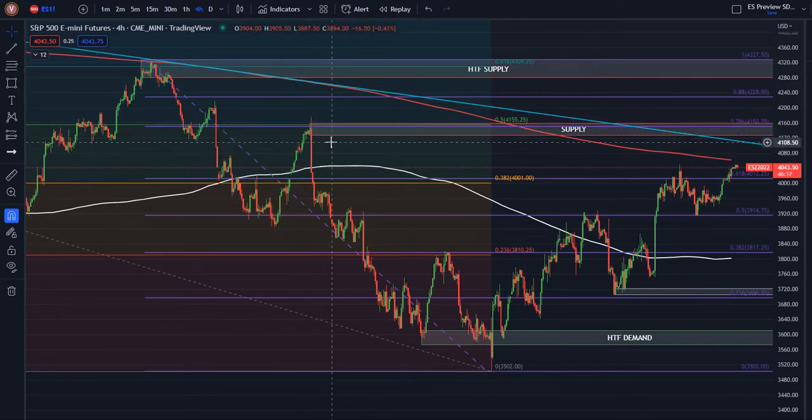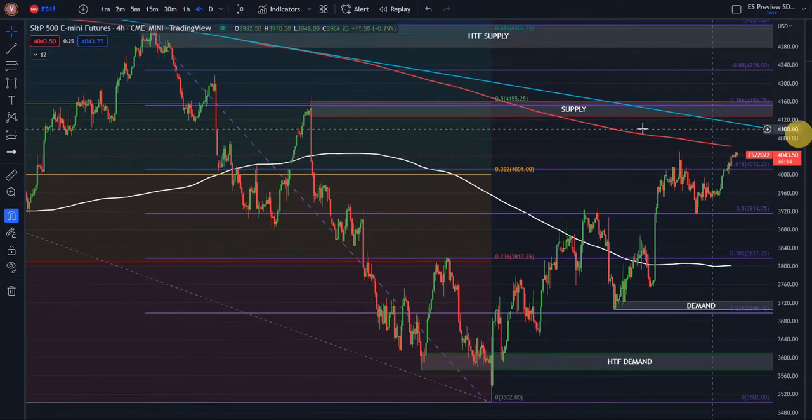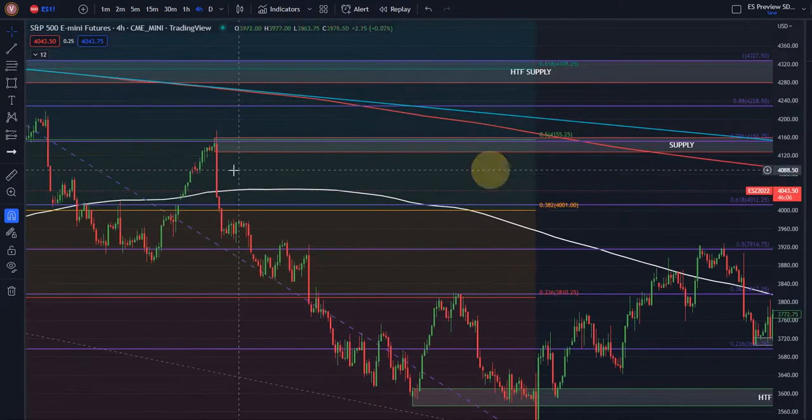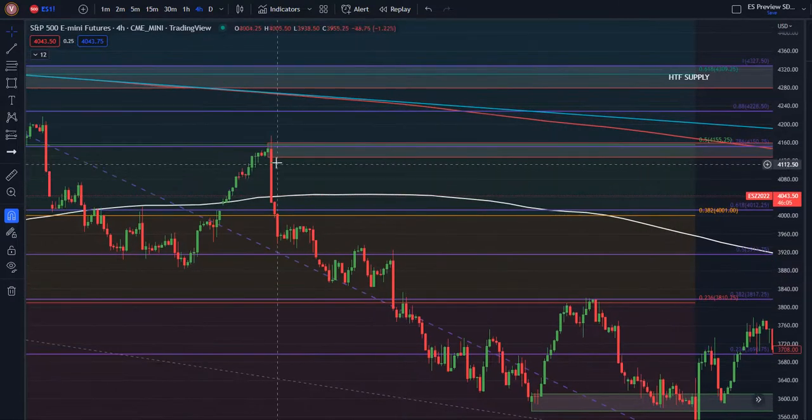And the way I draw supply, everybody is going to do it a little bit different. But the way I draw it is I want to see the violent move down. And then I want to go and get the base. I want to get the previous candle, the last exhaustive candle. And you'll usually see it's a smaller green body. I hate that the cursor does that. But you'll see that it's a smaller green body, smaller green candle, right? Big candle, big green candle,